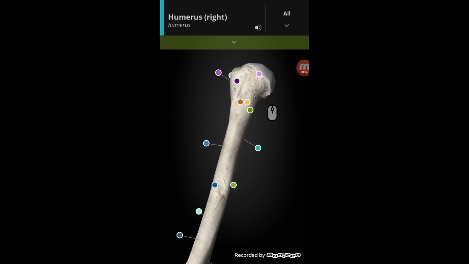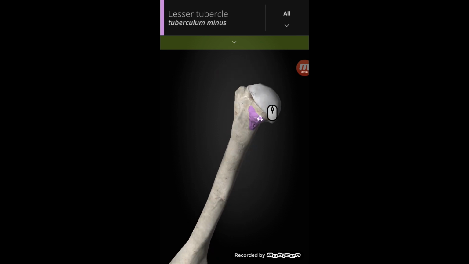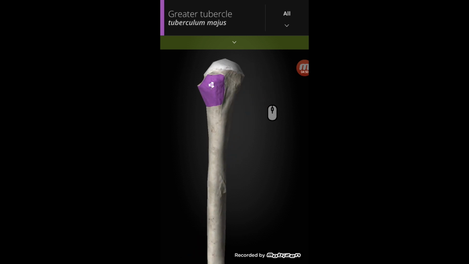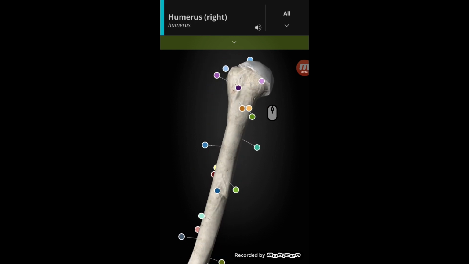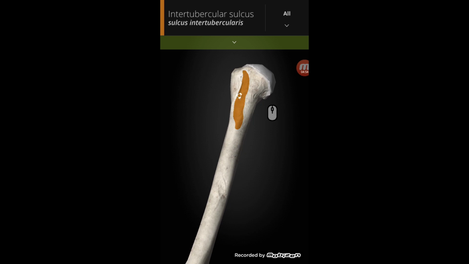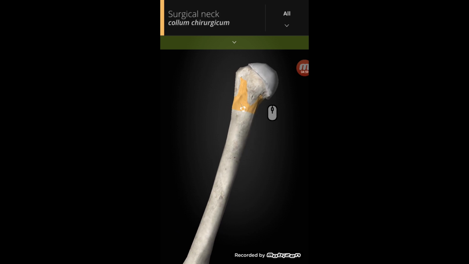So now what have I discussed: there are two tubercles, the lesser tubercle and the greater tubercle. There is a shaft, there is a sulcus between them, which is called the intertubercular sulcus, and there is a surgical neck, and